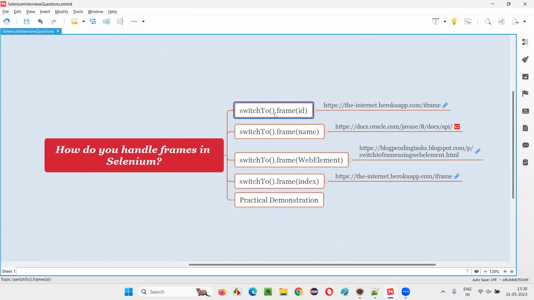command. So one way of switching to the frame is by using the ID of the frame, or we can use the name of the frame to switch to the frame, or we can use a web element of the frame to switch to the frame, or we can use the index of the frame to switch to the frame. Let me practically demonstrate all these ways of switching to the frames for handling the frames in Selenium in